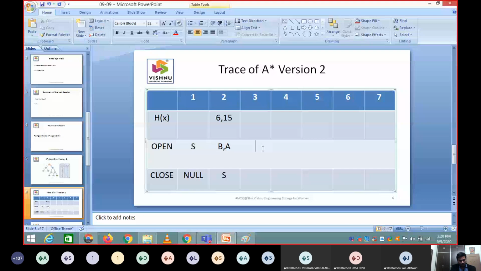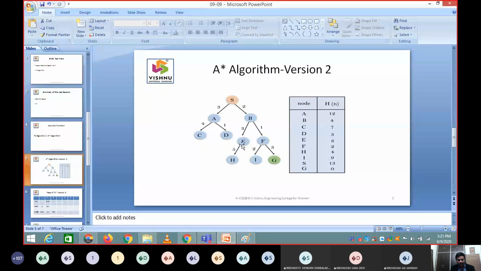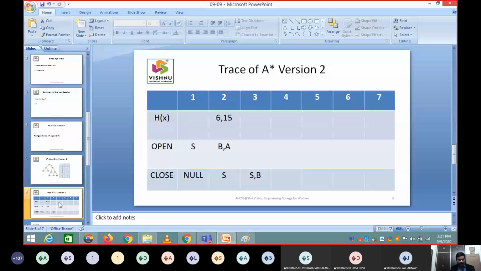Once I remove B, it means I have explored and expanded B, so its children E and F are added.